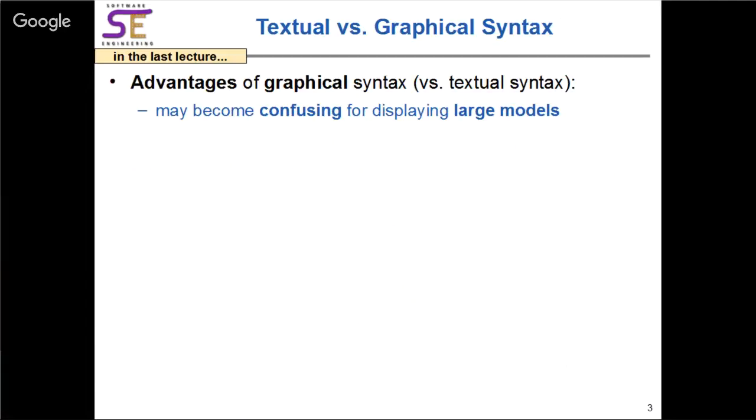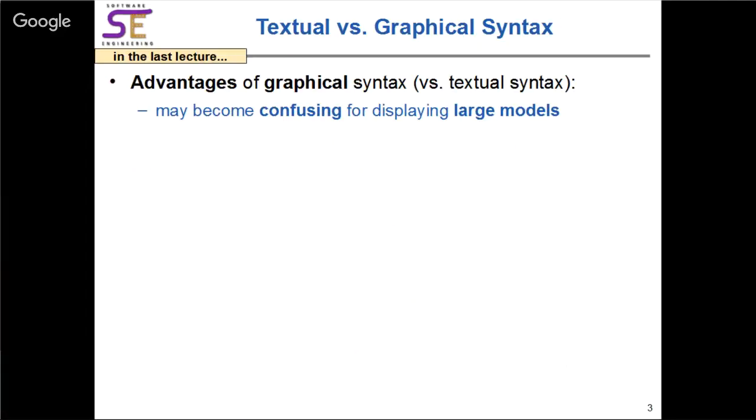Also, large models are hard to visualize or to maintain in a graphical editor. Then sometimes it's better to have textual notation, but sometimes it's also a matter of taste and eventually what the customer